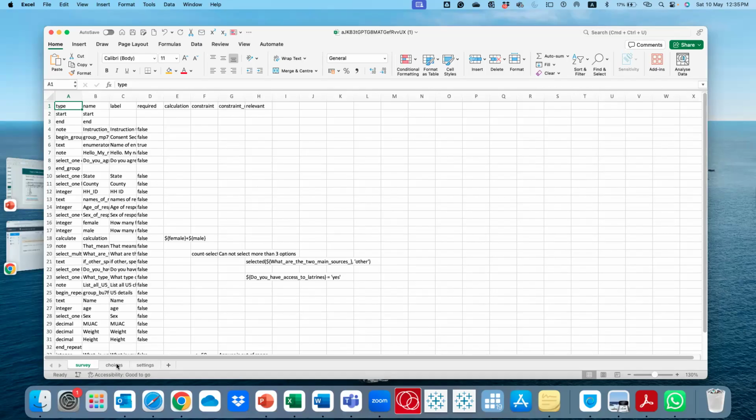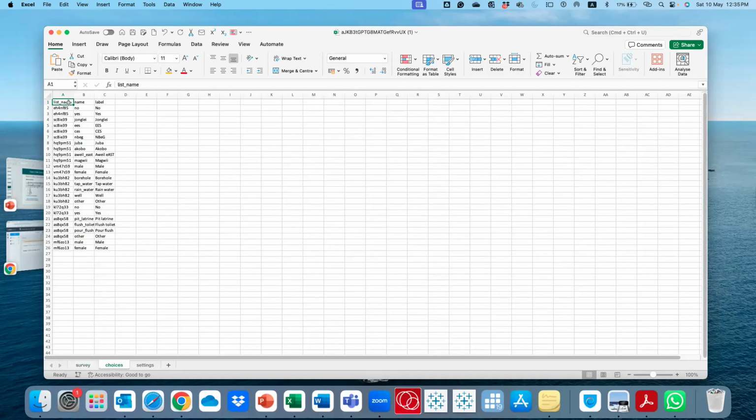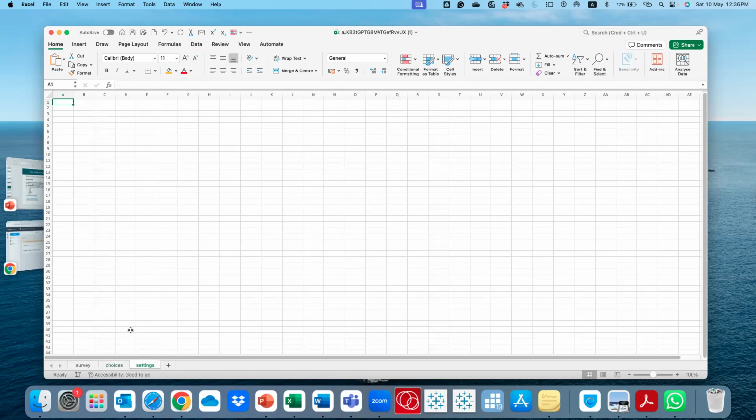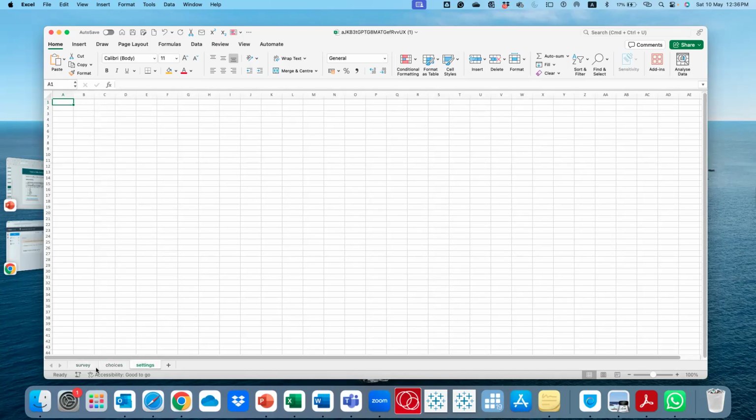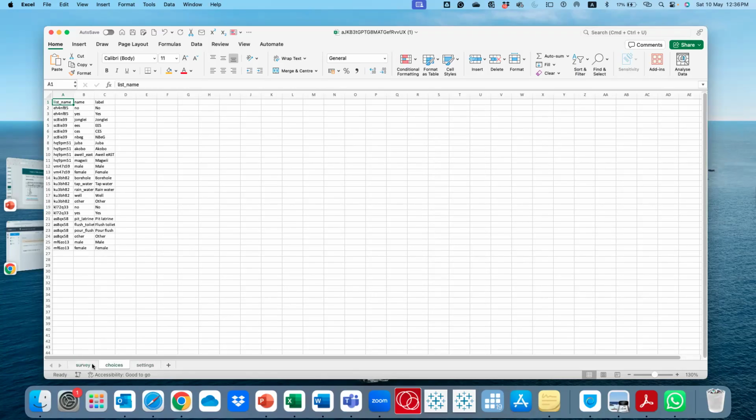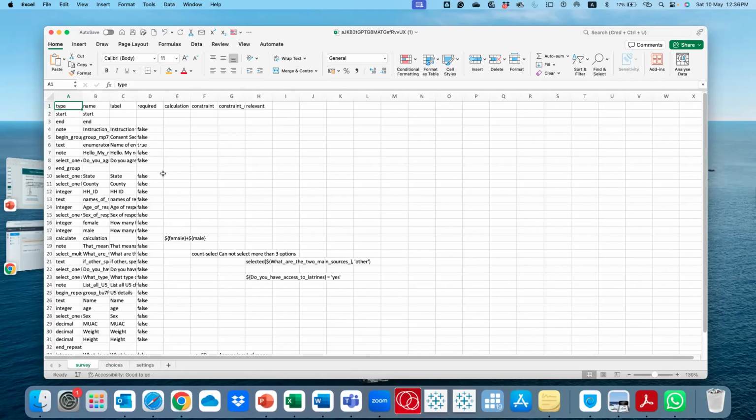Then the choices are usually where you have multiple options, either you have to select one or select many. The choices you put on a second spreadsheet, and it is labeled choices. And this is like settings that it generates automatically. So this is less important. So these are usually the two main sheets that you'll have.